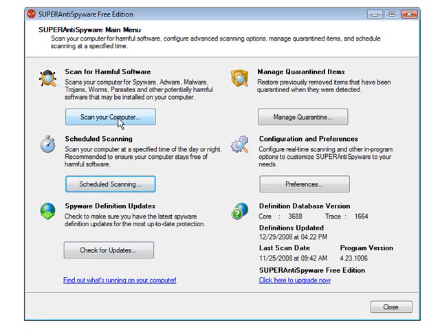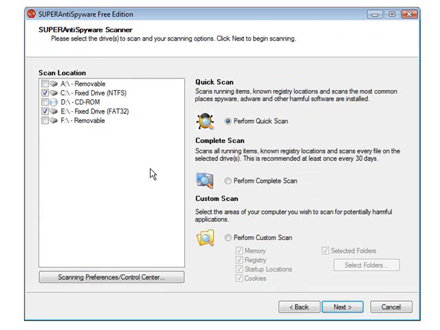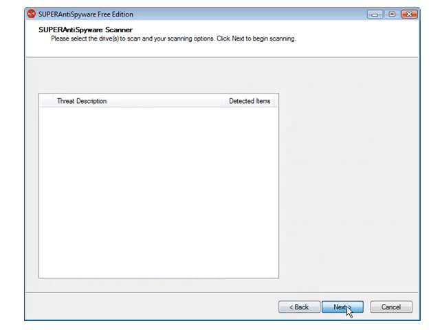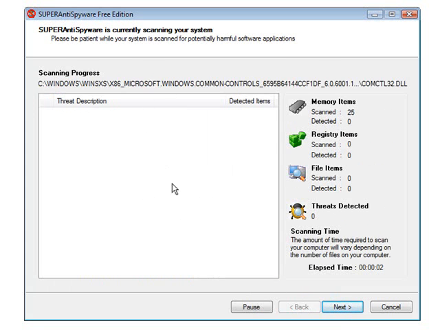Then after that, just scan your computer, and this will go through and look for any spyware on here. So you can perform a quick scan the first time, and you can just pick the drives that you want to scan and then click next, and it starts to scan, and it tells you the progress down the side here. So go ahead and scan and let that finish. Make sure that you run this at least every